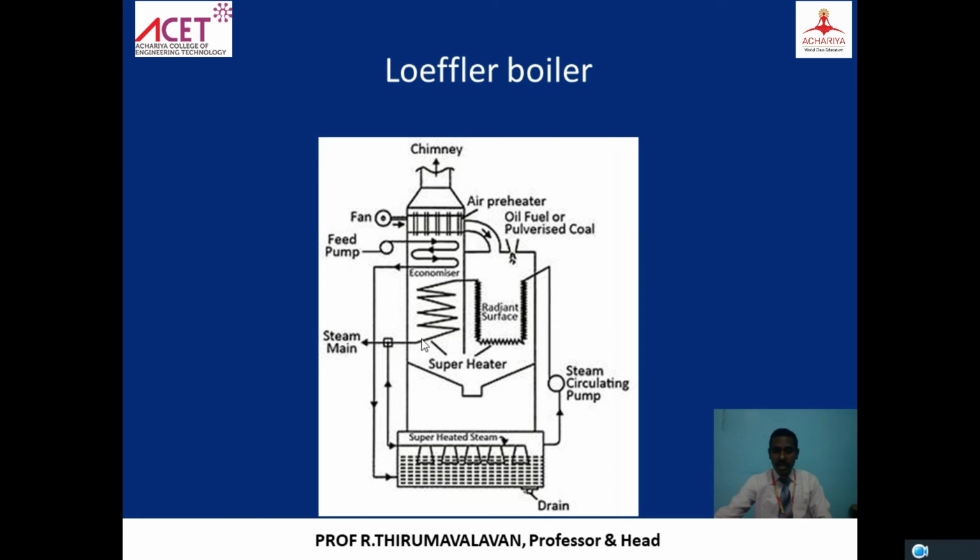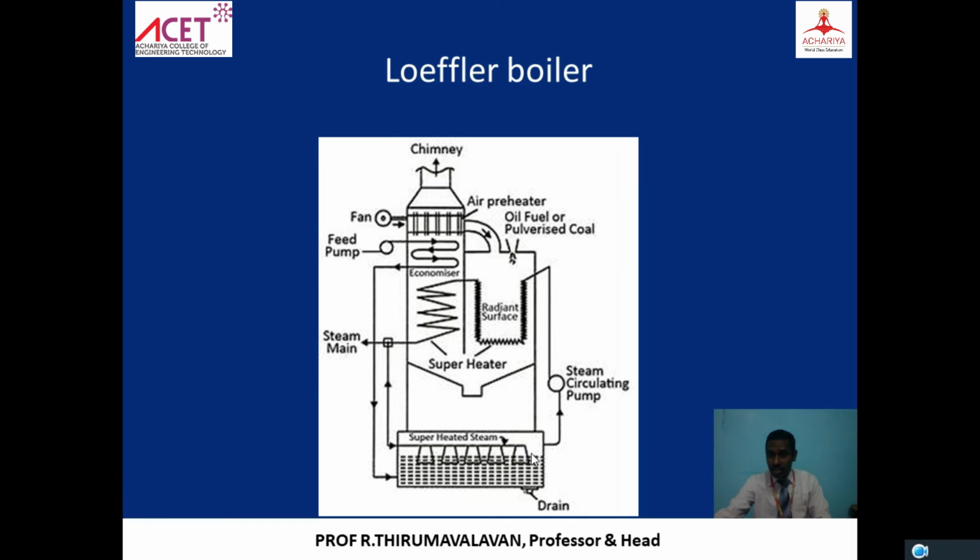You can see here there may be a feed pump. From the feed pump it comes to the economizer where the water is preheated, and it is going to the bottom drum, where we are having the water coming from the economizer, and then some part of the steam is taken from the superheater. It is coming and mixing with this water. There what will happen, the water is converted into vapor here itself. Right? Because of the superheated steam, the water is getting converted into wet steam.